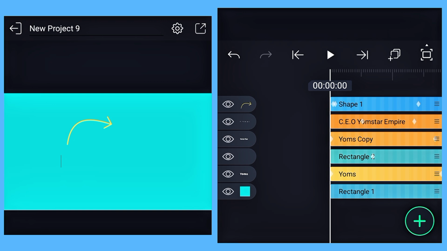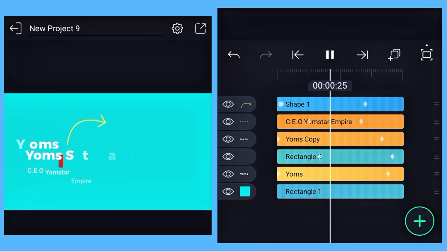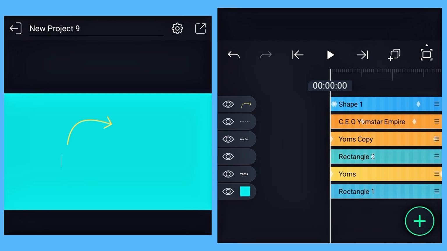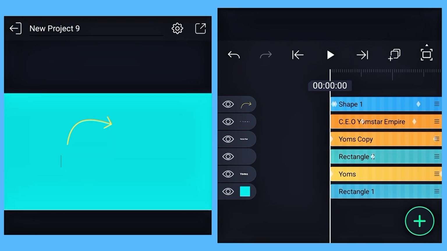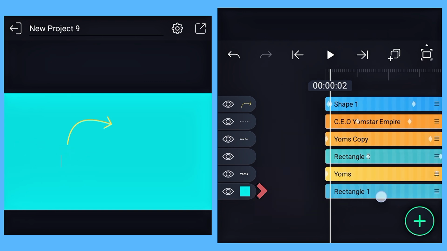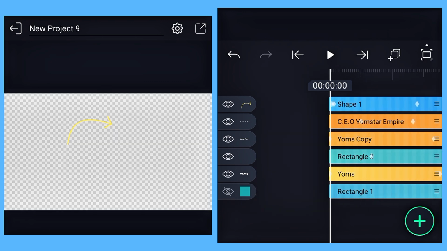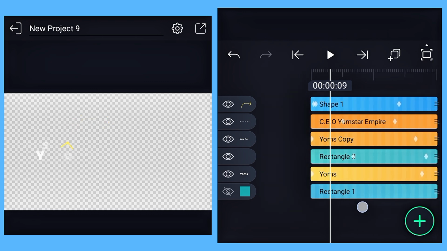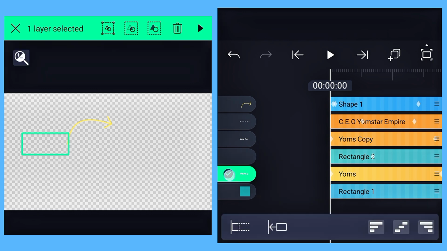So assuming you have created your text like what you're seeing on the screen right now, and you want to use it in another video, so first thing you need to do is to remove your background. So this is my background down here, so the first line, blue line down here, that is my background. So I'm going to mute it, I'm going to remove it, and then the next thing I'm going to do is I will highlight the rest of